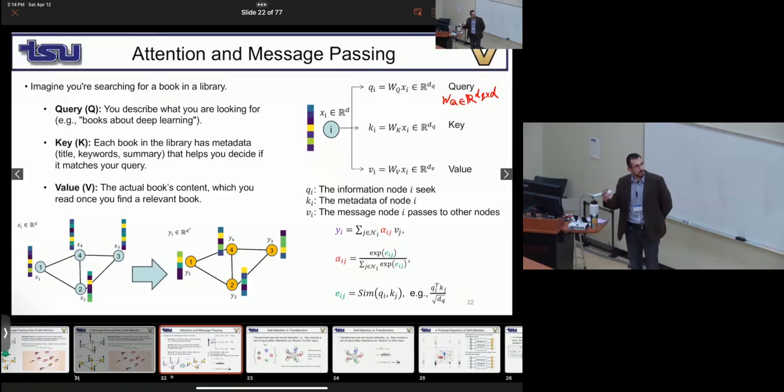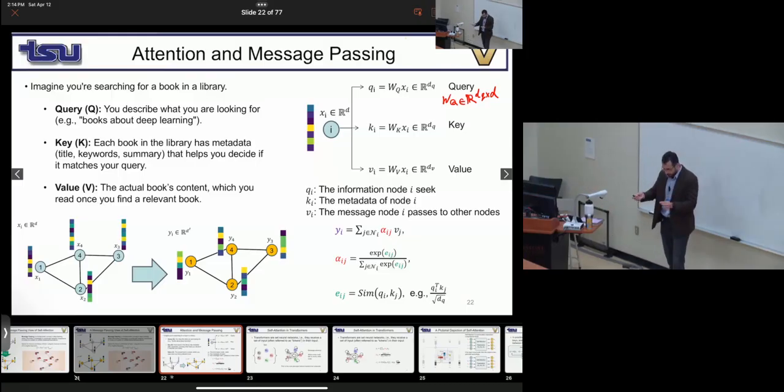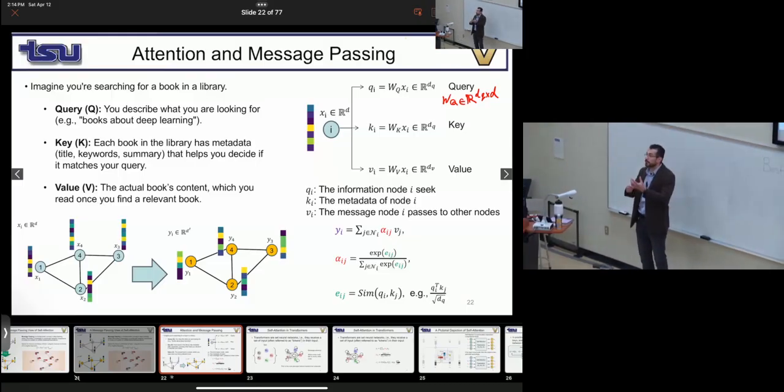You can give me keys as queries and call them different, but remember that each node uses, I think what Professor Sekman said is important. Each node generates a query to aggregate information from other nodes, and generates a key such that other nodes can ask it. So I think your question is why are we calling these queries and keys? If I revert everything, I called keys queries and the other way around, nothing changes. I agree with you, nothing will change. But conceptually,